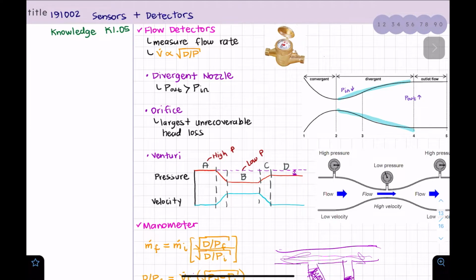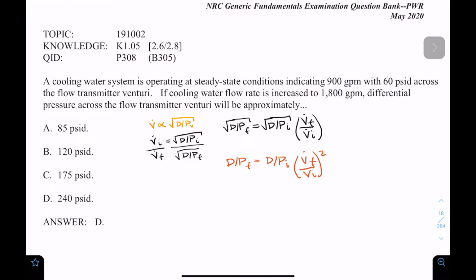And now let's go over and take a look at some of the problems then. Here we have some of the problems. So let's start with this one. This is going to be problem P308, or the question ID P308. This is what we have. A cooling water system is operating at a steady state condition,